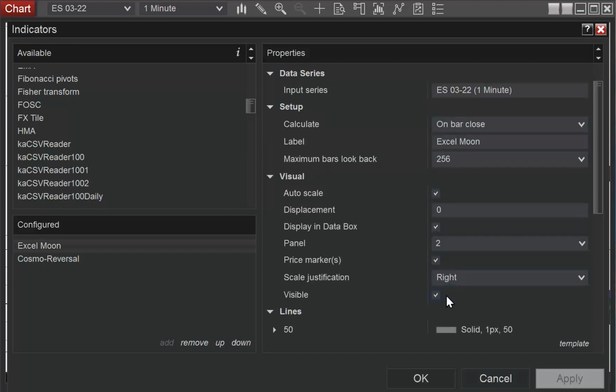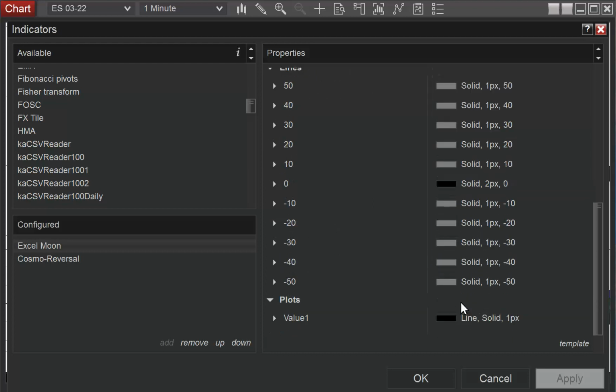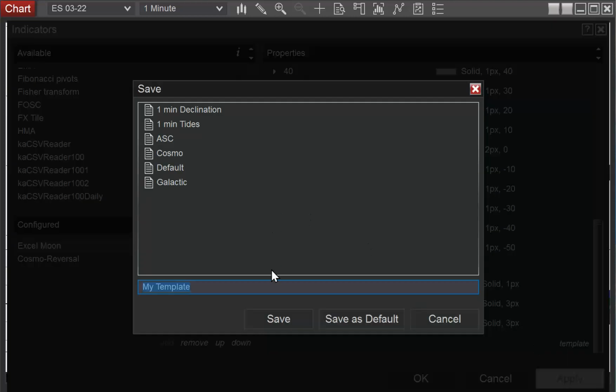Here's just the typical settings I use. I use these settings down here in the lines, and then for the plot, I set up the plot as value 1 is black. I use 1 pixel, and value 2 I use the blue. Value 3 I use the green 3. These are both 3. After I get that set up, I want to save this right here, and then I just save it as